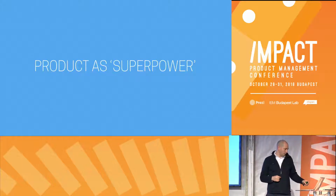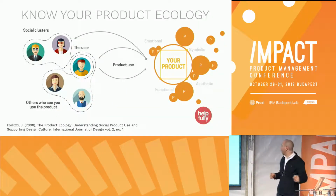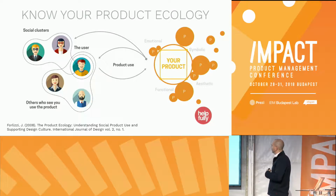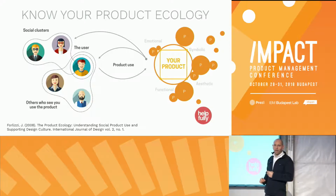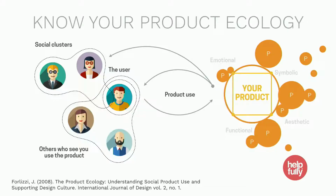I'm going to show one quick slide before I show this. This is a framework that I think is sometimes very helpful to us as well. One of the things that happens in those customer journey conversations, or in these conversations about the constraints, is the constraints of other products. And I think one thing it's so valuable to do is to go back to your team and say, what other ways do people accomplish this today? What other products are in the world for my user over here? He or she is using so many different products. And when you imagine them as this ecology around our product, around the thing you're building, you can see those